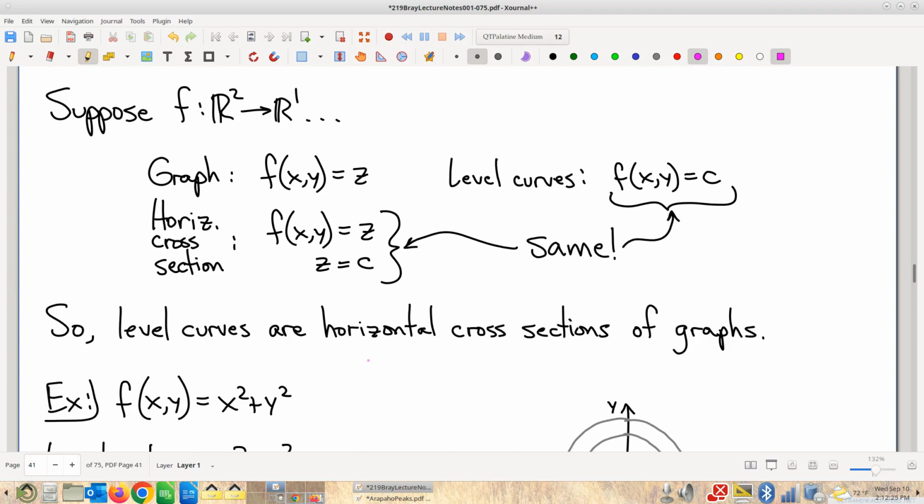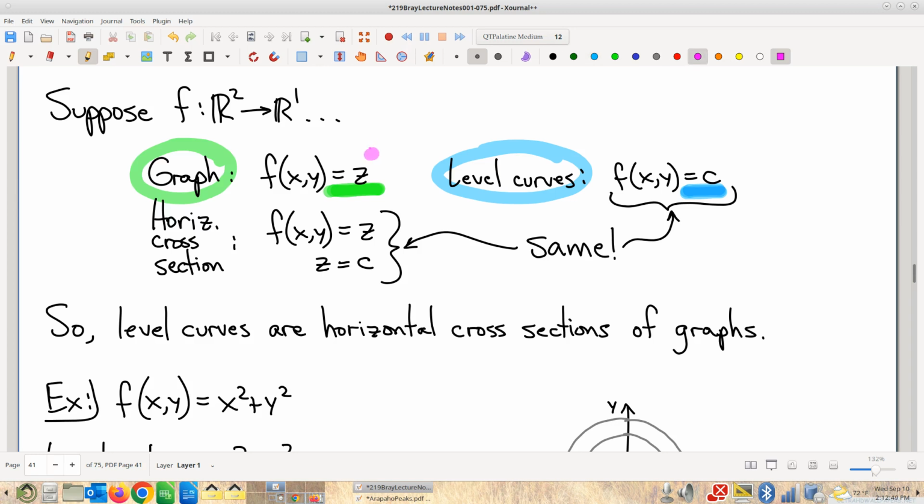Now that said, they are related. Here's a cool little connection. We know that graph means you set the value of the function equal to a new variable. We know level set means we set the value of the function equal to a constant. The difference is one's a variable and one's a constant. And I make the observation that, well,